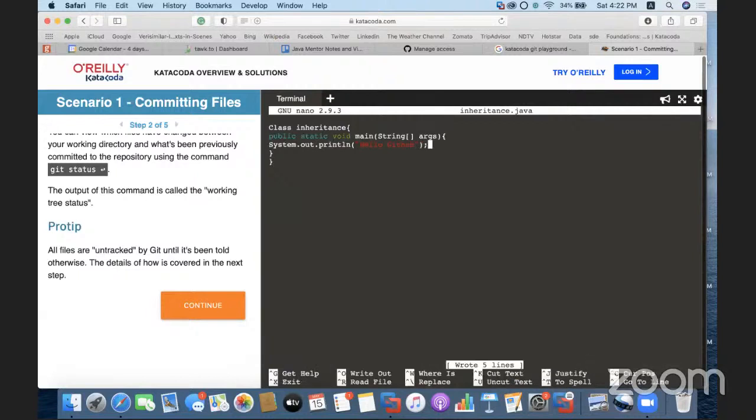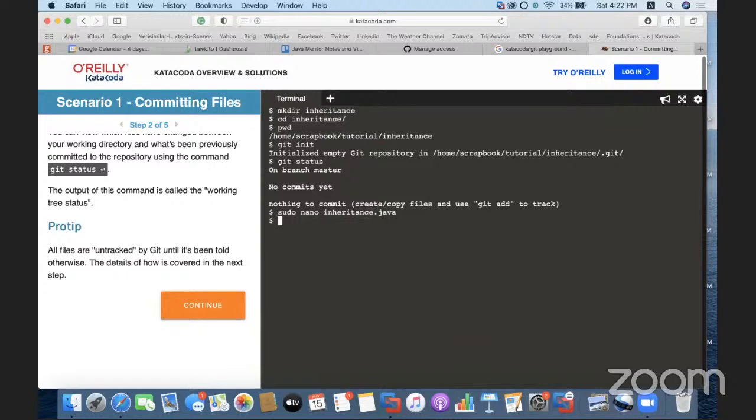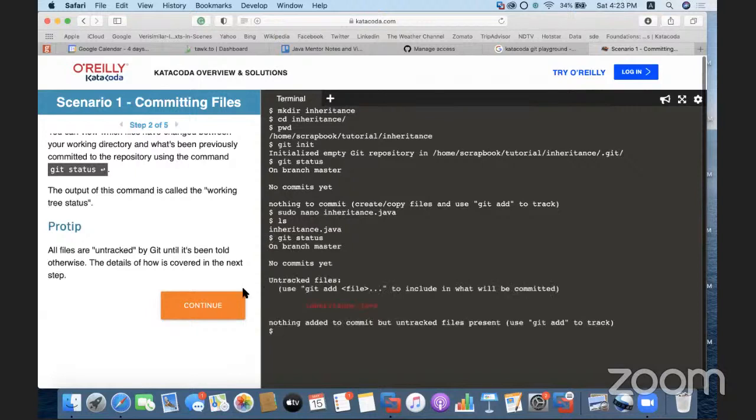सेव कर दिया मैंने इस कोड को कंट्रोल X, ठीक है। So now I have got a new file created here and I will check the git status, ओके। सो करेंटली इट इज शोइंग मी कि कोई कमिट नहीं है, बट एक फाइल है inheritance.java जो अभी नई बनाई गई है इस प्रोजेक्ट के अंदर, ठीक है। Is that clear? So it is showing me with the red color and it is saying कि अगर आपको अब इस कोड को अपने मेन मास्टर ब्रांच के अंदर ऐड करना है तो आपको git add inheritance.java करना पड़ेगा, ठीक है।